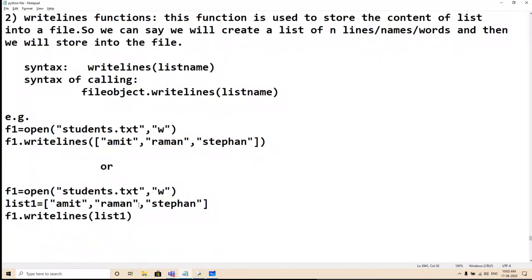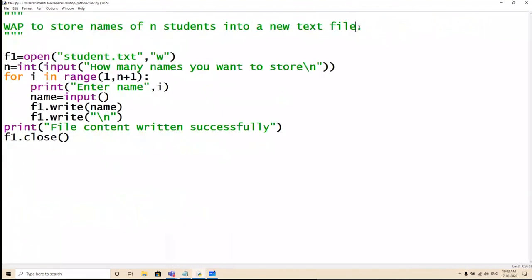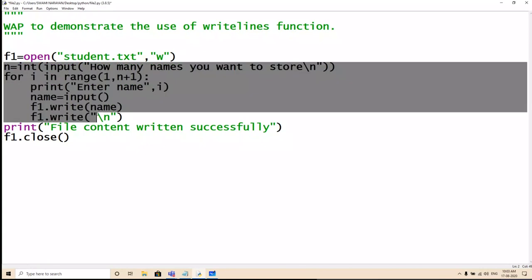Example, you can do it in any manner, but the same problem will remain here also. That's the problem of backslash n. The problem of backslash n will remain here. Let's just test it quickly. Write a program to demonstrate the use of writelines function. We just want to first demonstrate the use.